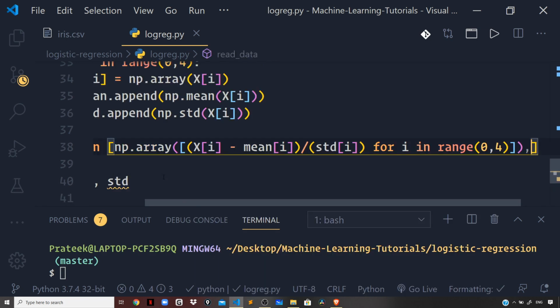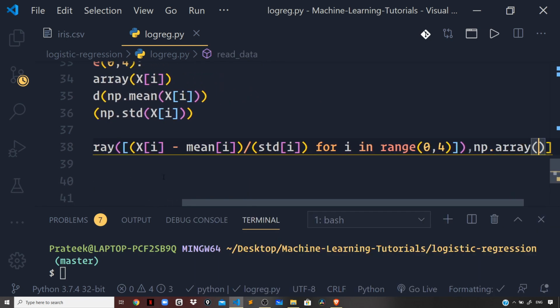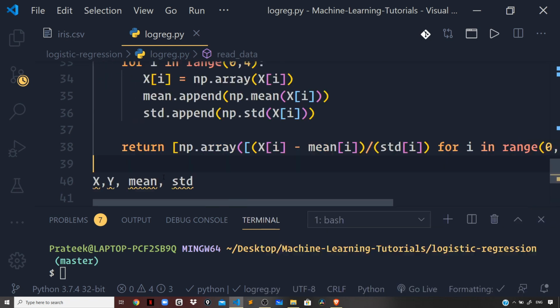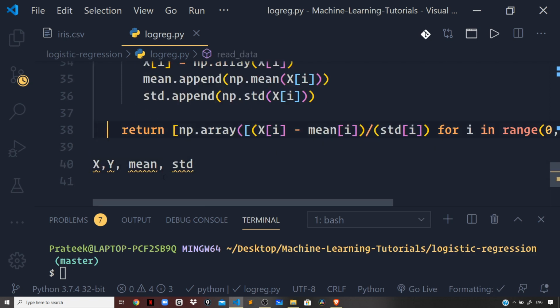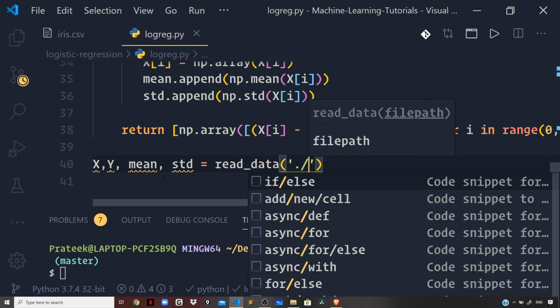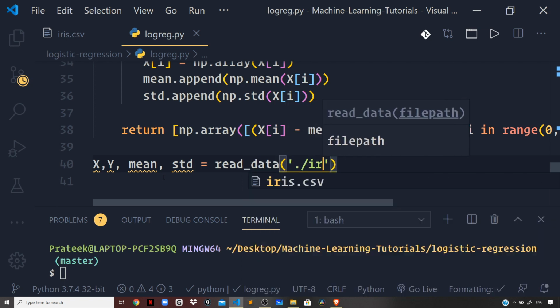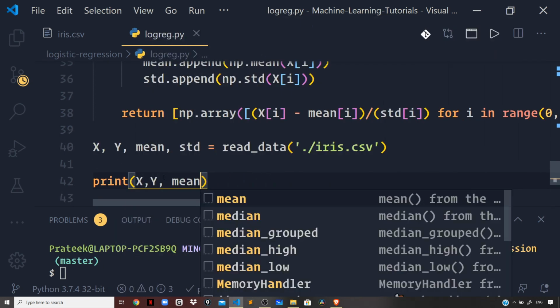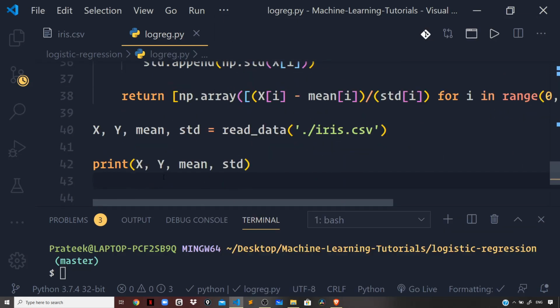Here we need to return the array of our response variable collection and the mean that we computed and the standard deviation. Okay, so we will expect these values. So your normalized input data, which is this one that we computed using list comprehension, and then we got the response variable collection, the mean and the standard deviation, and we can say read data, and here I can say /iris.csv. So I can print x, y, mean and standard deviation to the console,